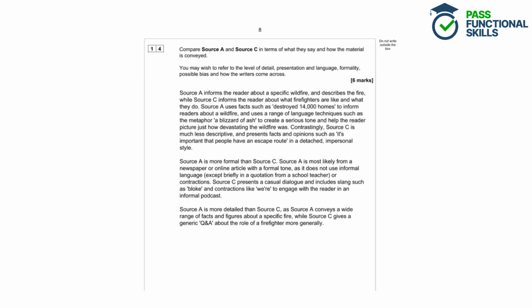Question 14. Compare source A and source C in terms of what they say and how the material is conveyed. You may wish to refer to the level of detail, presentation and language, formality, possible bias, and how the writers come across. So this is a 6-mark question, so we want to spend quite a long time on it. So we need to compare 2 sources. So we need to mention source A and source C, and we need to use comparative words and identify similarities and differences between them. We need to compare what they say, so what topic are they talking about and how are they talking about it, and then how the material is conveyed, which means that we need to identify any